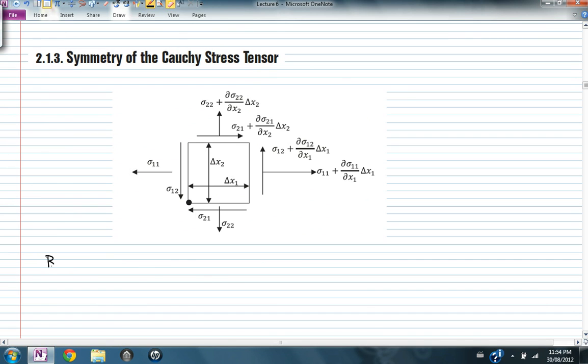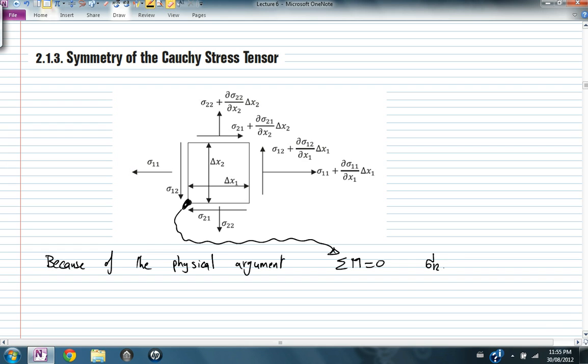So because of the physical argument that the sum of moments is equal to 0 at this point, you will find that sigma 1, 2 is in fact equal to sigma 2, 1,